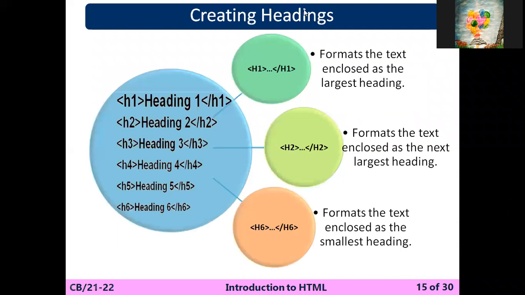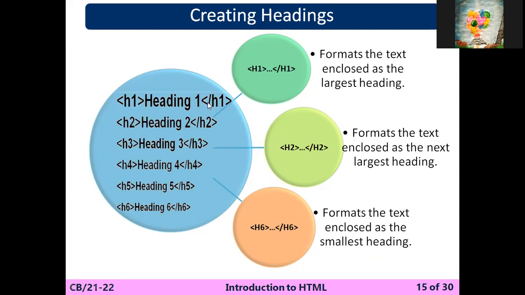So the first tag we are going to learn. This is only the definition: paired tag and unpaired tag. Creating a heading. There are 6 types of heading used in HTML for web pages: H1, H2, H3, H4, H5, H6. You can see here H1 heading tags have an opening and closing tag.